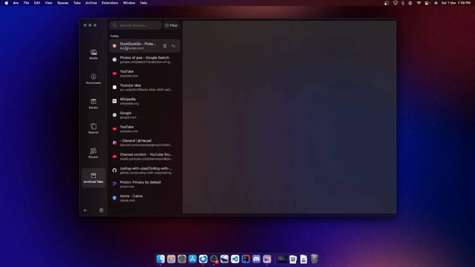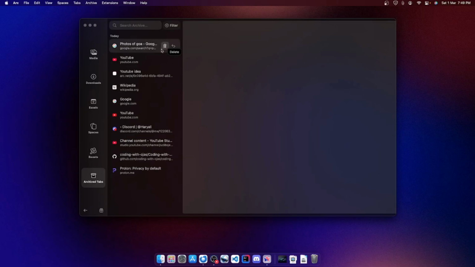Okay, after cleaning up, we also have all of this. Let's say what it does, it archives the tabs. Basically, it is a fancy way to say that it is just a tab history. So yeah, but don't be sad, it really looks cool. Okay, you could delete all of these.